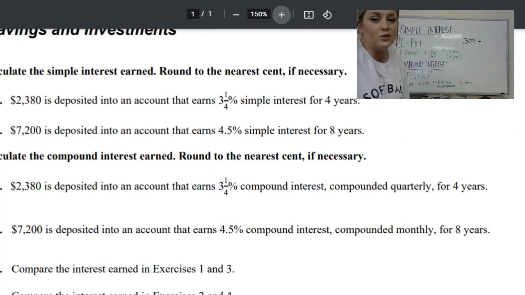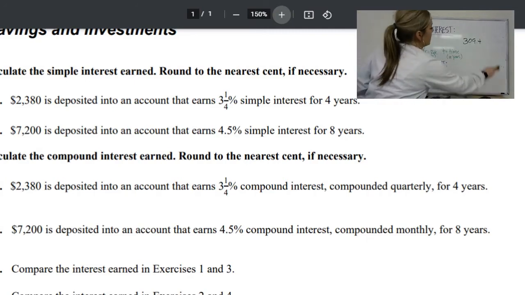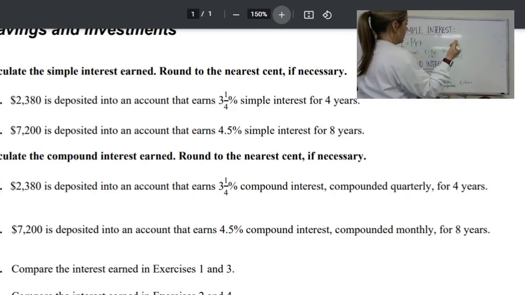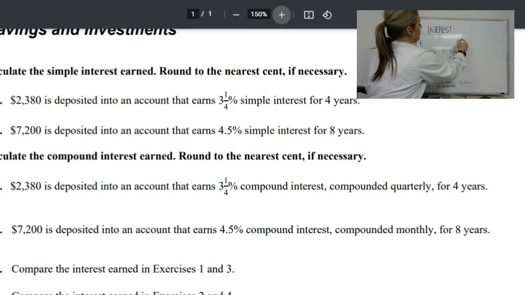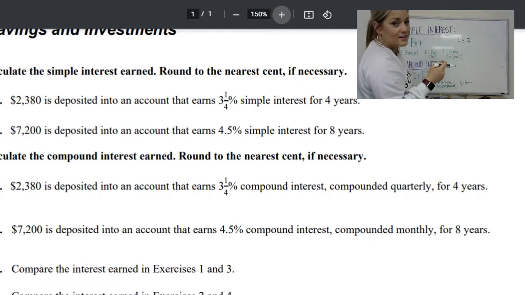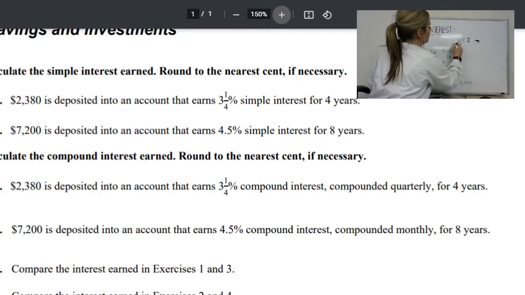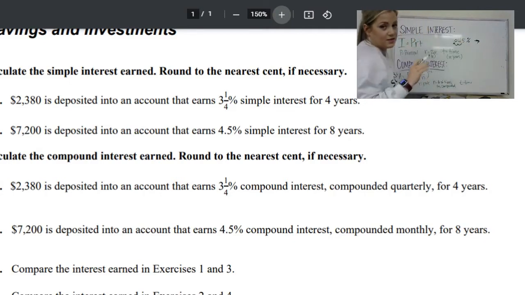Okay. All right, next up is number 2. $7,200 is deposited into an account that earns 4.5% simple interest for 8 years. All right, so again, we have a percentage, which is 4.5. We've got to turn that into a decimal by moving it 2 places to the left. So 0.045 is going to be what we're putting in. All right, so you ready? So we have our principal for P is 7,200. We're multiplying it by 0.045, and then we're multiplying it by time, which is 4 years,